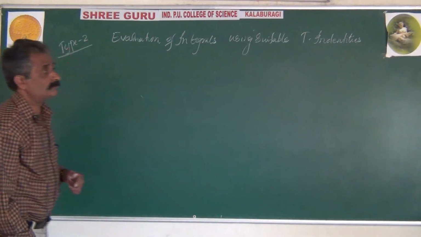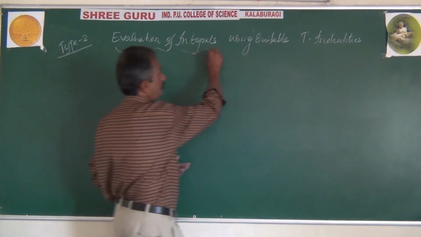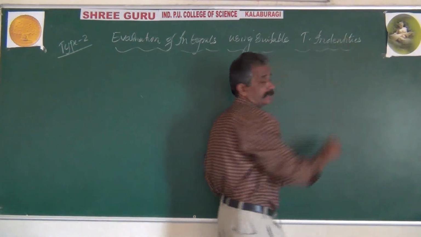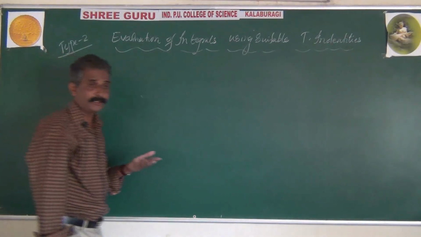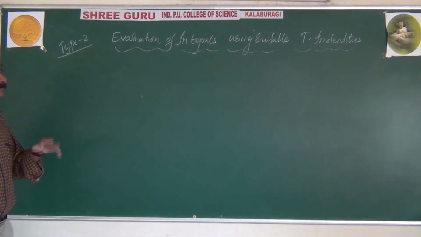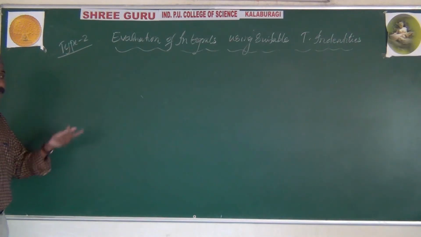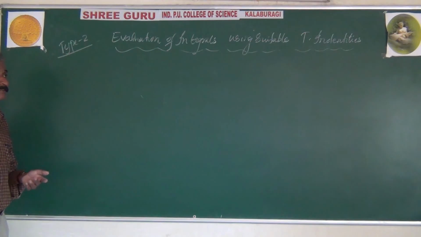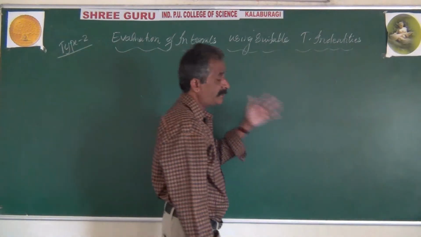So in the coming problems, you may require the sin square plus cos square formula. You may require the sin a plus b formula, cos a plus b formula, sin a minus b formula, sin c plus sin d formula, sin c minus sin d formula, cos c plus cos d formula, sin 2a formula, sin 3a formula, even sin 4a formula, tan 3a, cot 3a, tan a plus b, cot a plus b. You met several trigonometrical identities in the past year, first year PUC.